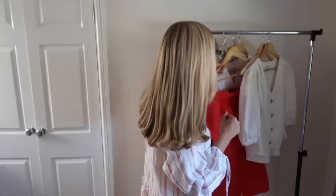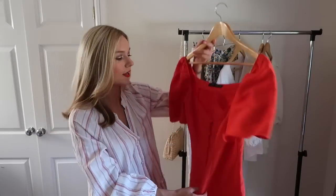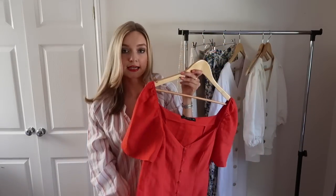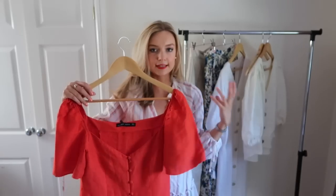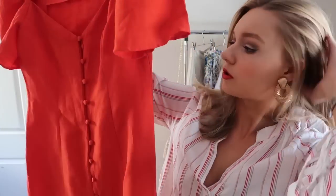Then moving on, oh, this colour is to die for. It's kind of an orangey red. I think this was £17.99. I've still got the tag on. Yeah, this was £19.99, reduced from £30, so £10 discount, not too bad. I think this style's really in at the moment, like a Spanish senorita vibe. But it's just a little short, well, not cropped, short